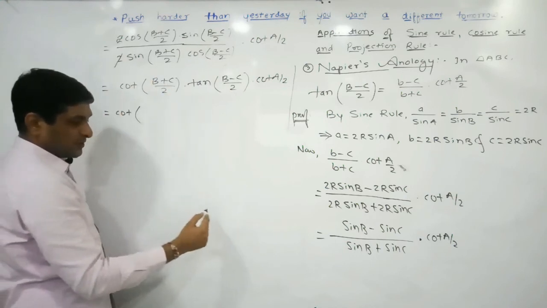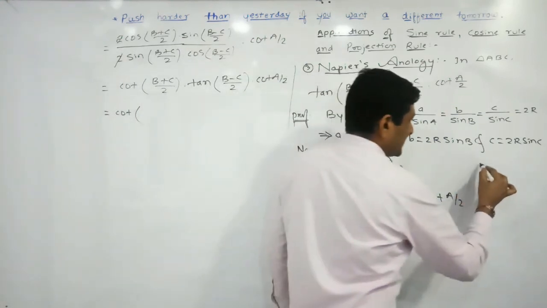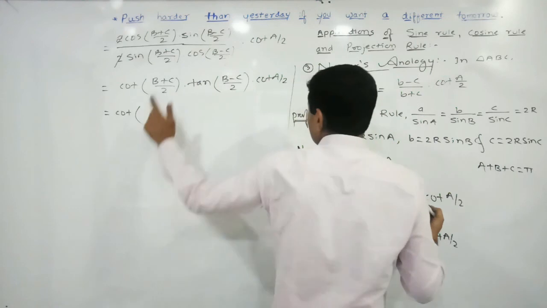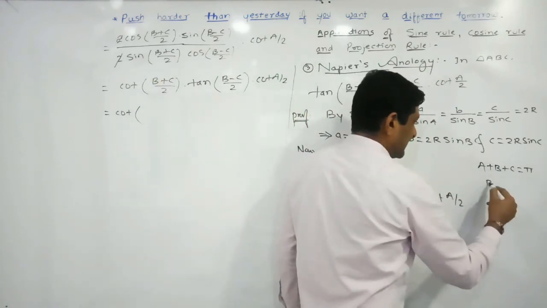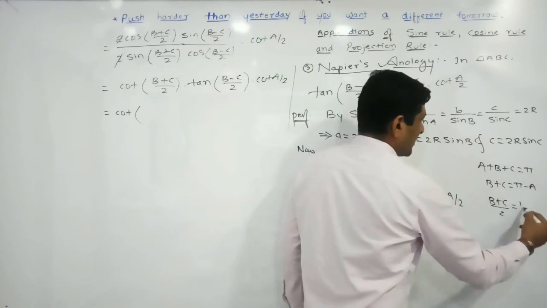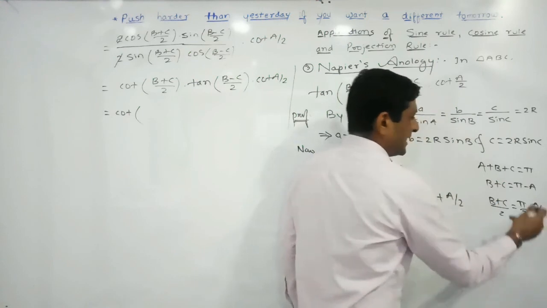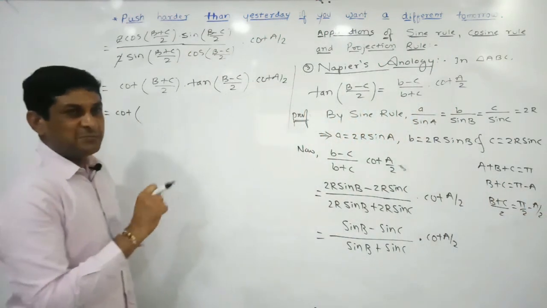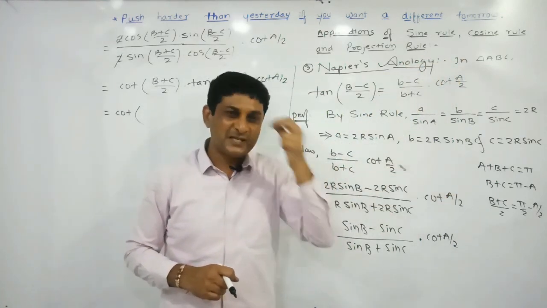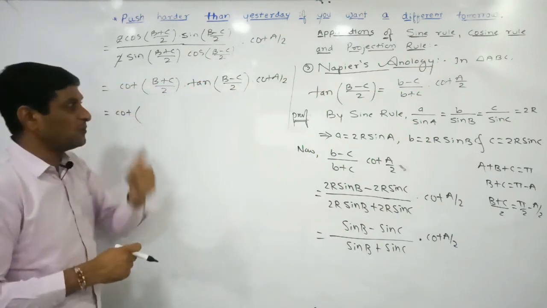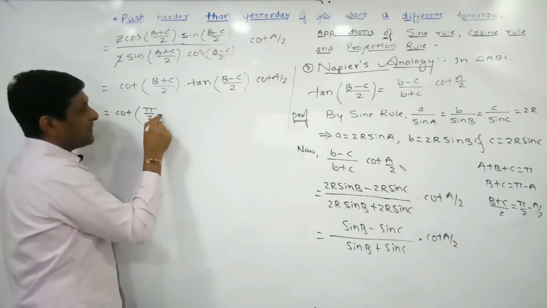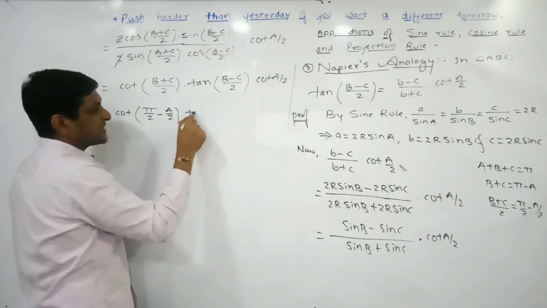So remember one result related with what? Angles of a triangle, that the sum of three angles is equal to what? 180, which means pi. So here B plus C is there, shift A to this side. So B plus C is equal to pi minus A. Dividing both sides by 2, B plus C upon 2 is equal to pi by 2 minus A by 2. We can use this result only in the case of angles of a triangle, and here ABC are angles of a triangle, so the sum is 180. So this (B plus C) upon 2 can be replaced by pi by 2 minus A by 2. Keep the remaining terms as they are.